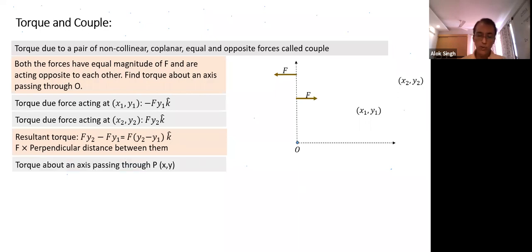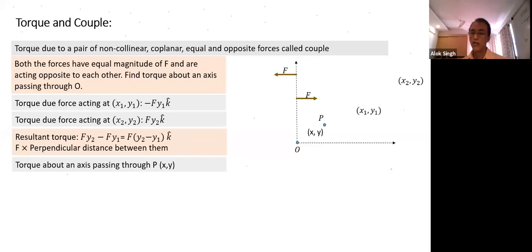What is special about this point? Suppose I shift this axis. If I calculate the torque due to this couple for any general point P, I'm not doing it now, but those who are interested can do that. If I take a general point P (x, y), and calculate the torque of these two forces about point P, we'll find the torque comes out the same. So what do we conclude? The torque of a couple about O is the same as the torque of the couple about any general point P.